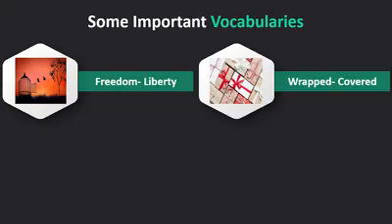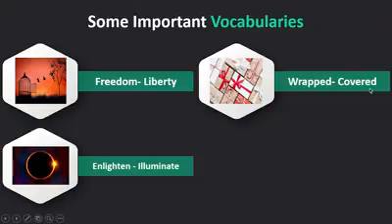Next example is wrapped. Wrapped অর্থ মোড়ানো। That means covered. Next example is enlighten. That means illuminate. Enlighten means to give you more information or understanding of something. এর বাংলা অর্থ হচ্ছে আলোকিত করা।